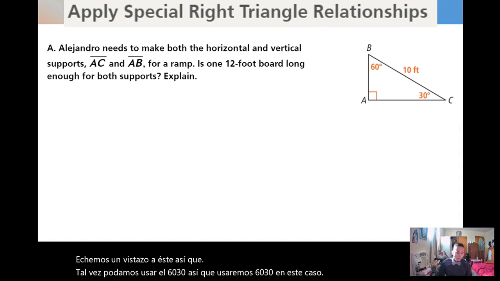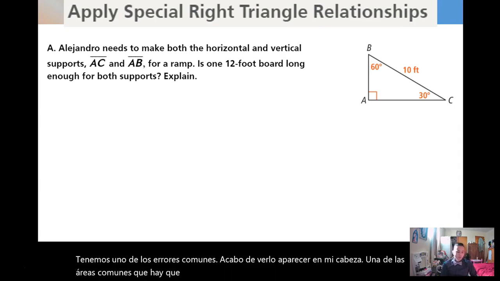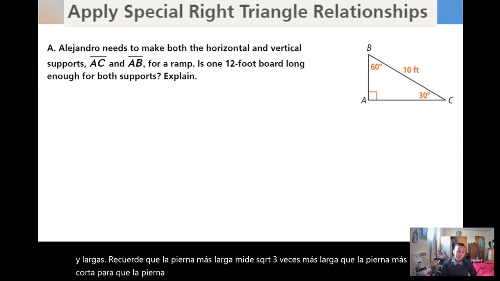We have one of the common errors. I just saw it pop up in my head. One of the common errors is you have to be careful not to mix up the relationship of the shorter and the longer legs. Remember that the longer leg measures the square root of 3 times as long as the shorter leg, so that the longer leg is between 1 and 1/2 and 2 times as long as the shorter leg. So in this example,